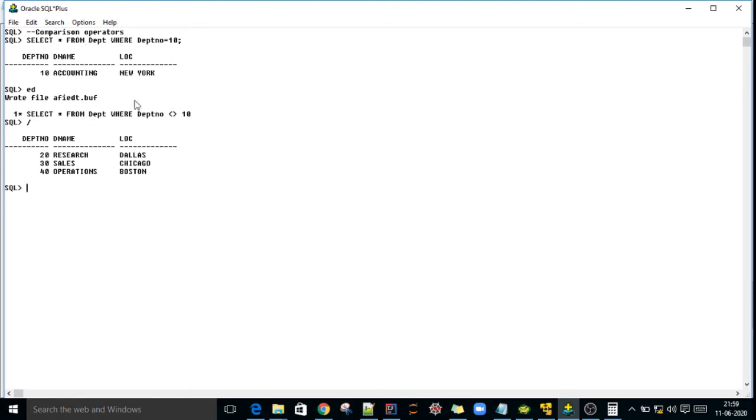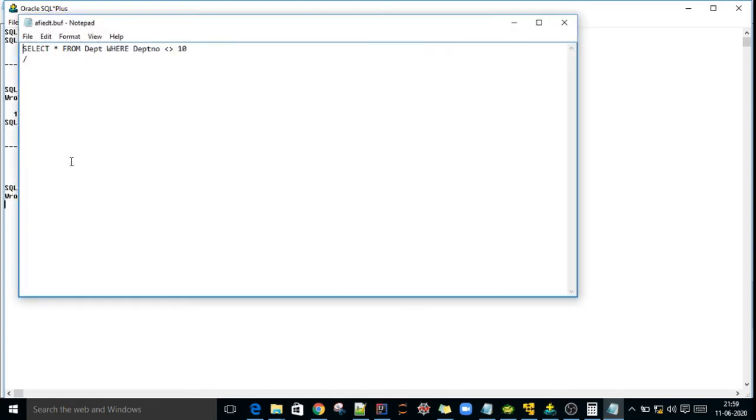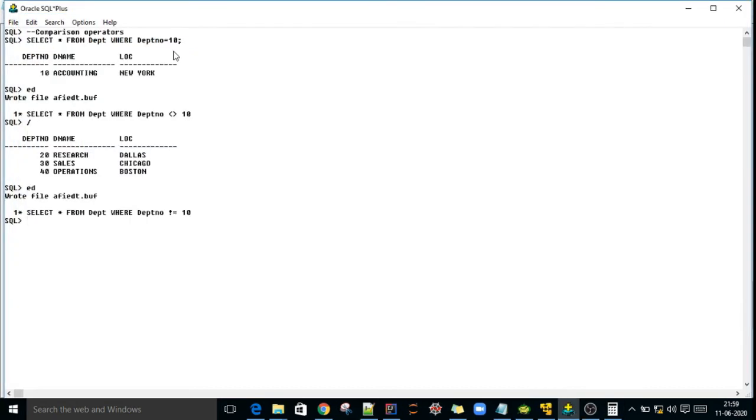See here, except 10, the remaining 20, 30, 40 came. This is one example for a not equality operator. This is one symbol, and one more symbol is this one. This will also work.